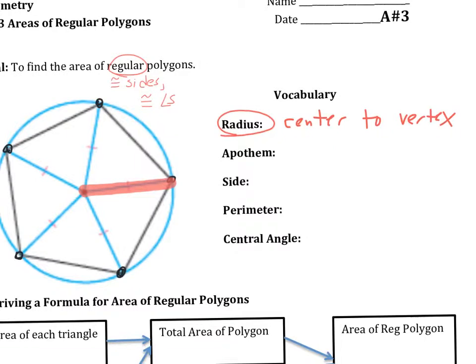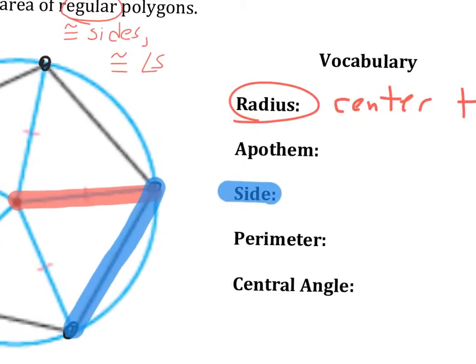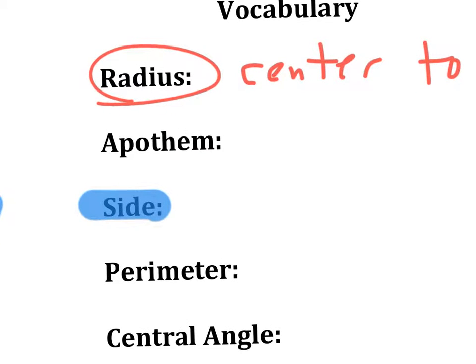Next, I'm going to skip to side just to make it a little bit easier. Side here. And a side, of course, we already know what a side is. I don't want to spend too much time defining that. Here's a new word for you, apothem, and it does not mean a little creature that looks like a rat. An apothem is rather it